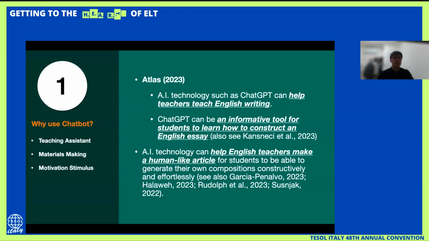So AI really can help English teachers to generate a human-like article, whereas as non-native English speaker teachers, we constantly have to think of an article related to an authentic one. With the use of the chatbot and AI technology, we truly can generate a human-like article and also an authentic context, suitable for the needs of our students at different proficiency levels.